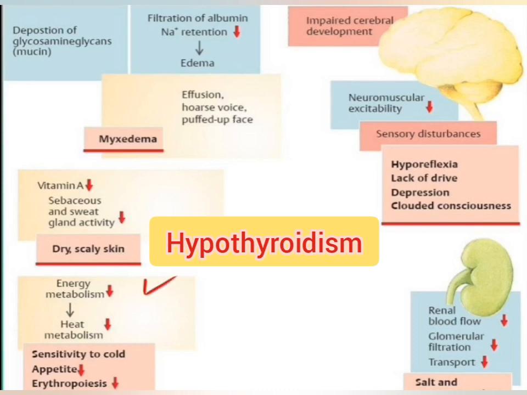First of all, metabolism is going to decrease, so less heat is going to be produced, which causes sensitivity to cold, and due to decreased need of the diet to produce less amount of ATP, because metabolism is reduced, no ATP is needed, so appetite is going to reduce. Because metabolism is reduced, oxygen consumption is also reduced, so no need of more blood cells, so erythropoiesis is also going to decrease. Because the heat produced is less, sebaceous and sweat gland activities also decrease, causing